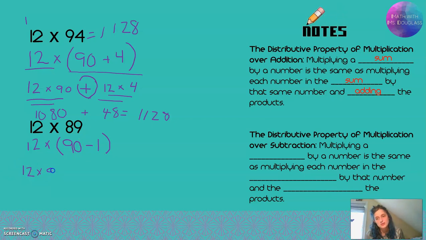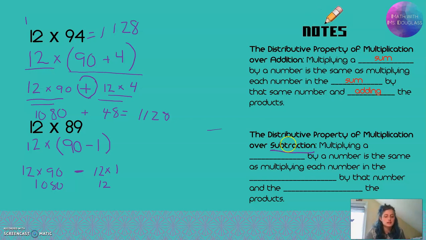90 gets a times 12. 1 gets a times 12. And I'm going to keep the subtraction symbol that was going on between them. Because what I'm going to get here is my answer to 12 times 90, 1080. And then I'm going to take away a group of 12, because I didn't really want 90 groups of 12, I wanted 89 groups of 12. So the distributive property of multiplication over subtraction